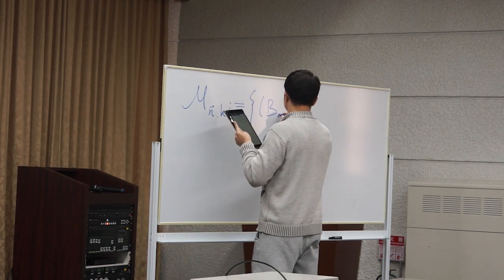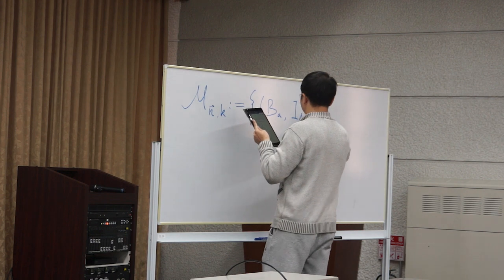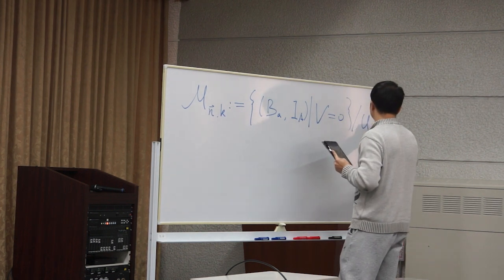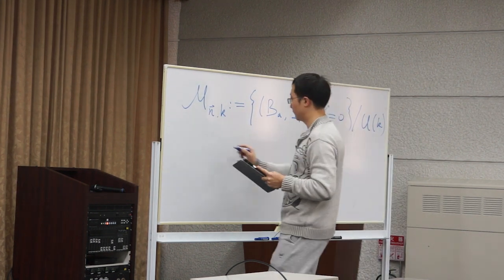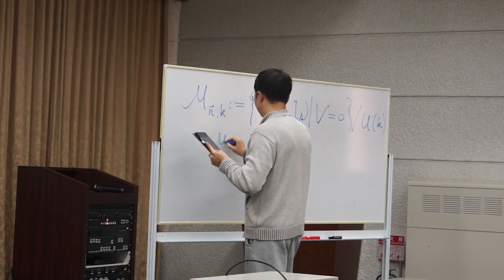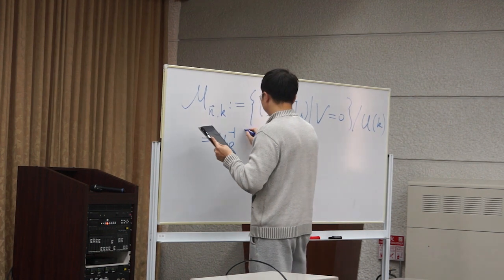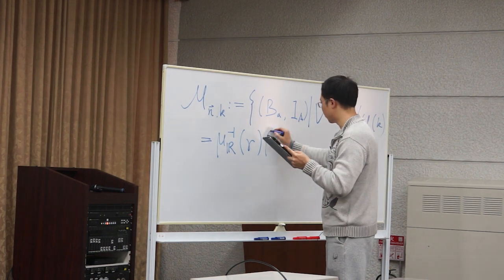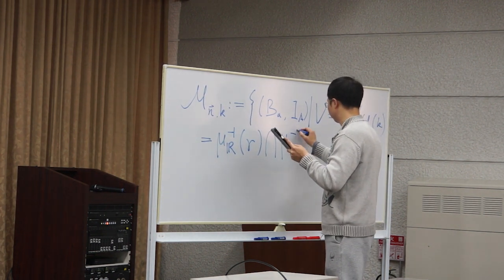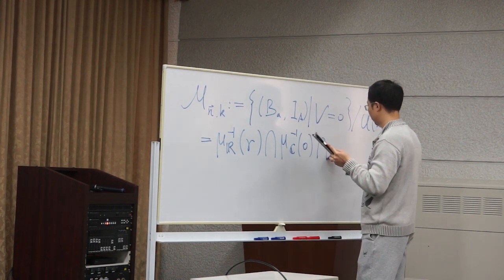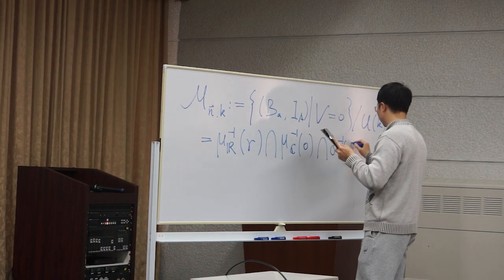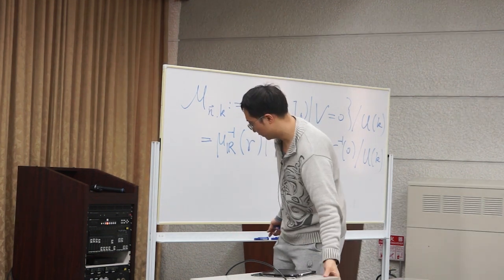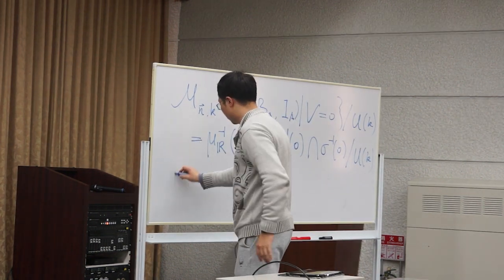It's B_A, I_A, subject to the relation V equal to 0, and up to gauge transformation, which can also be written as the preimage of some certain moment map, quotiented by U(K). And these moment maps are